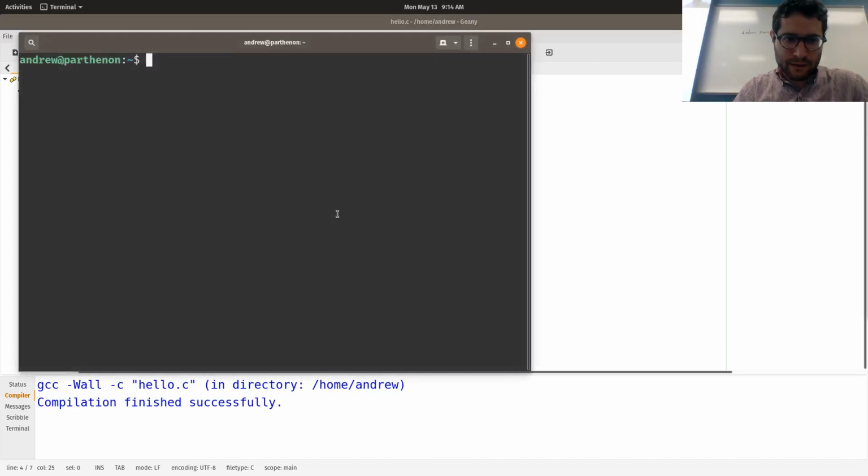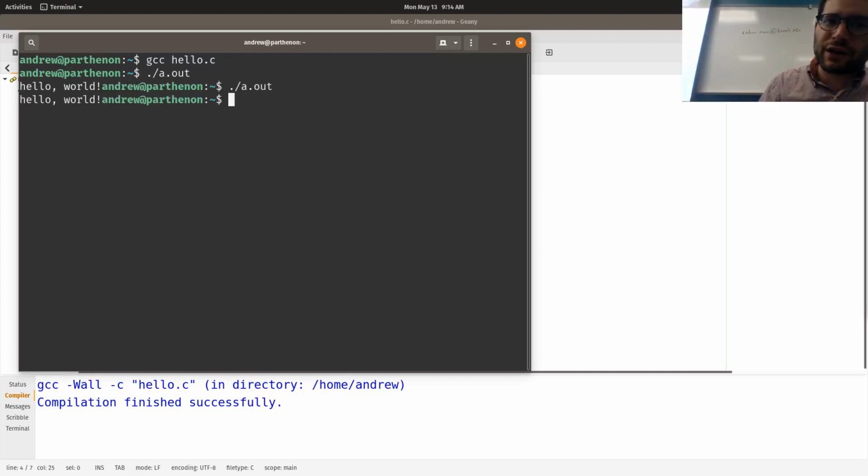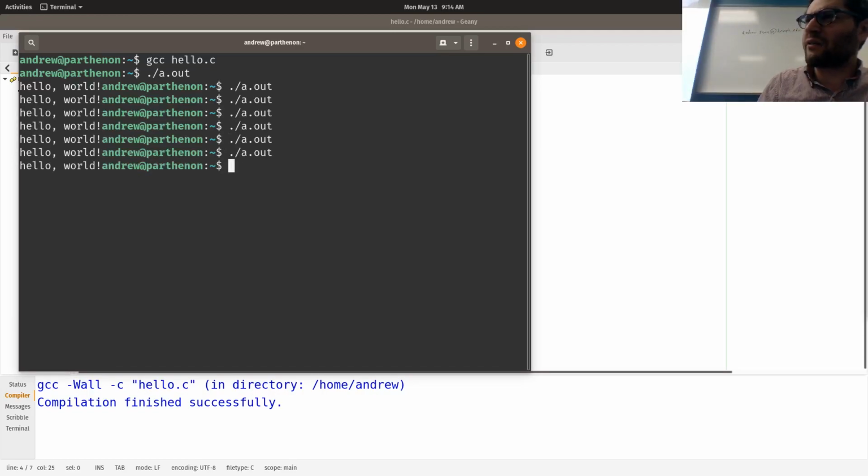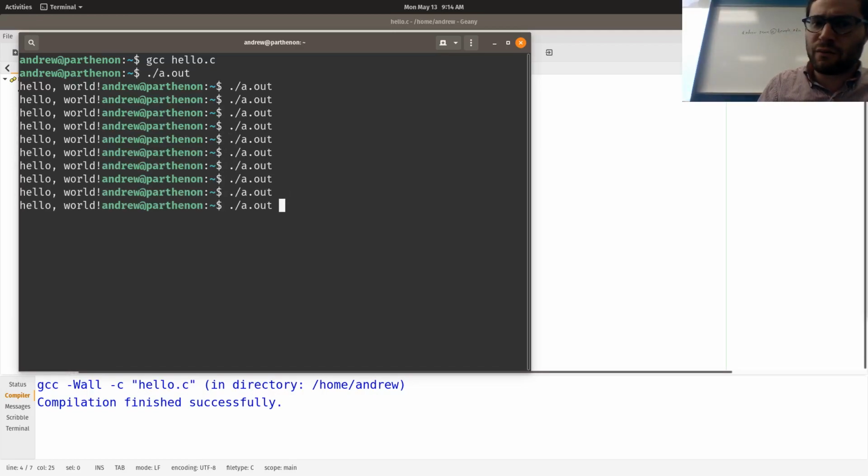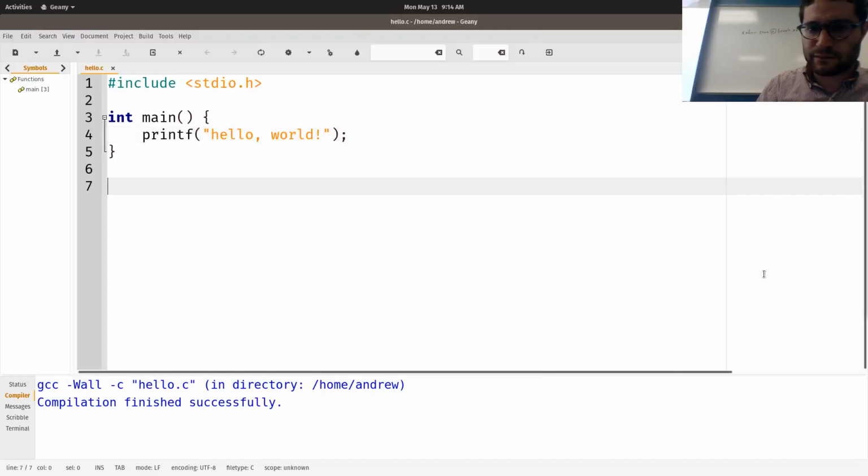Sorry. GCC. If I don't put in the \n, notice what happens. I get a hello world over here, and it doesn't go onto a new line. That \n is kind of important because what it does is move it to the next line.